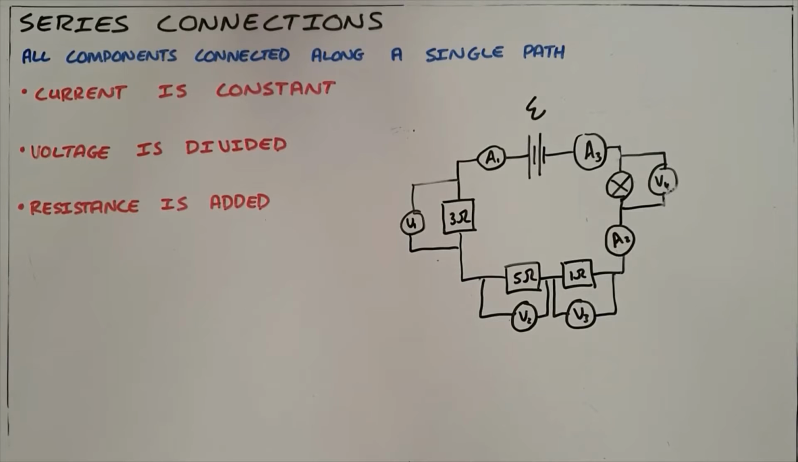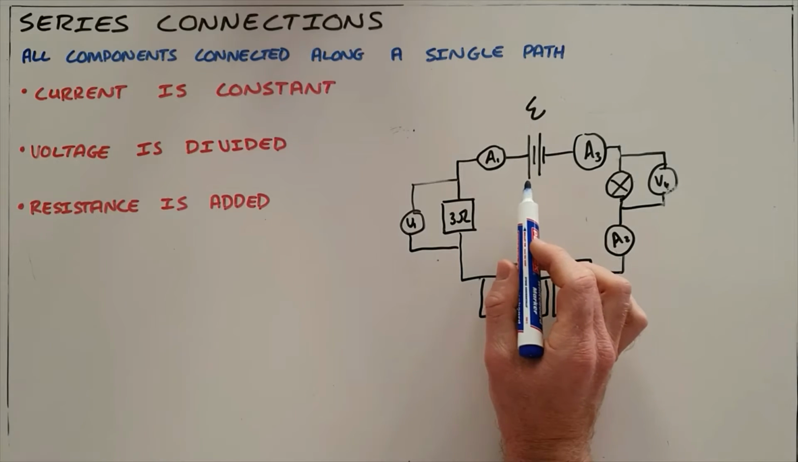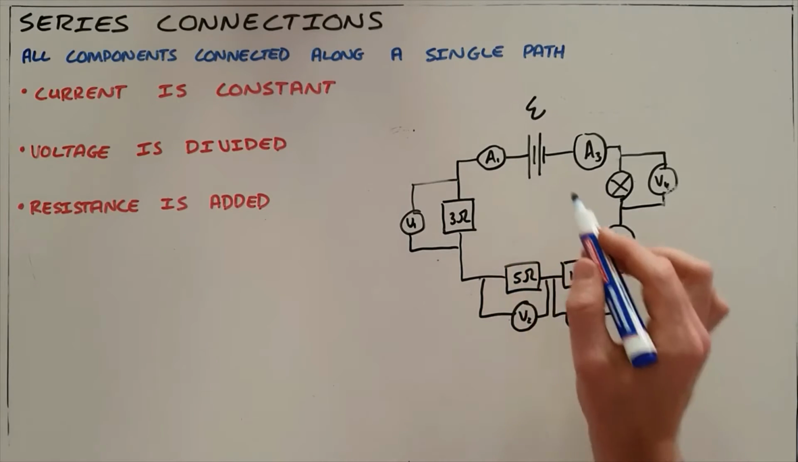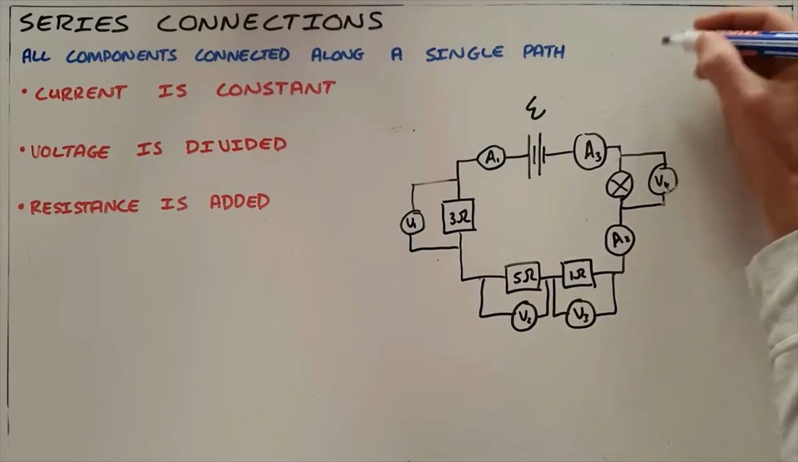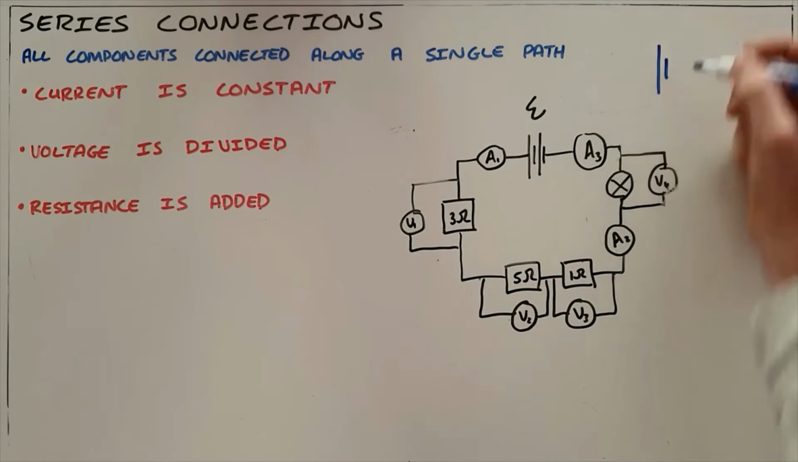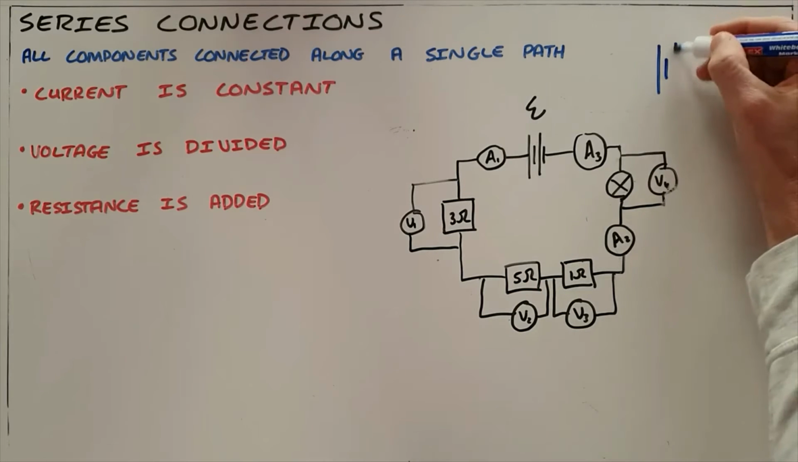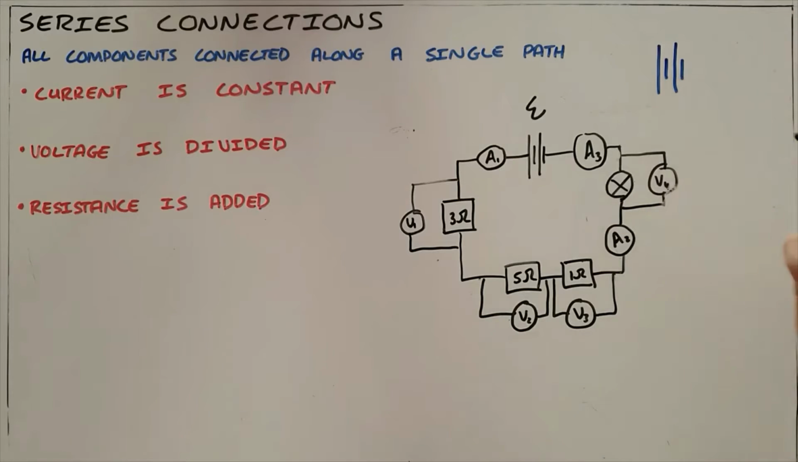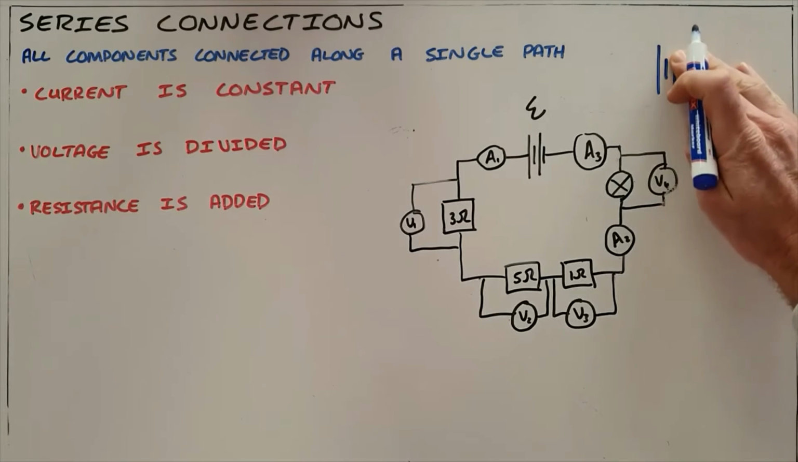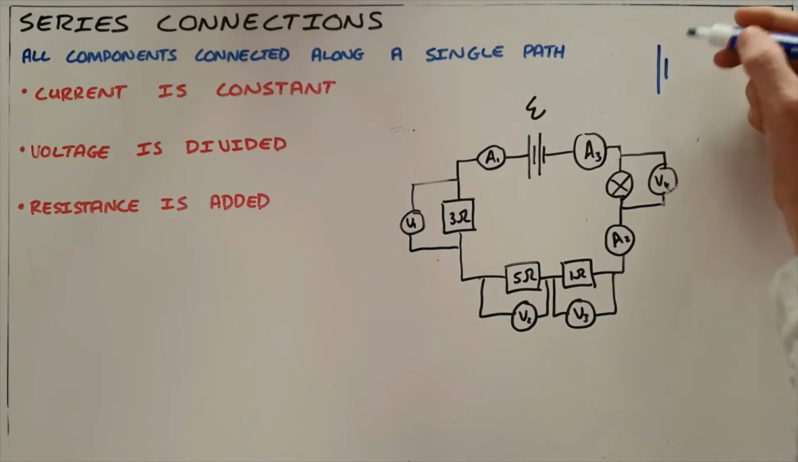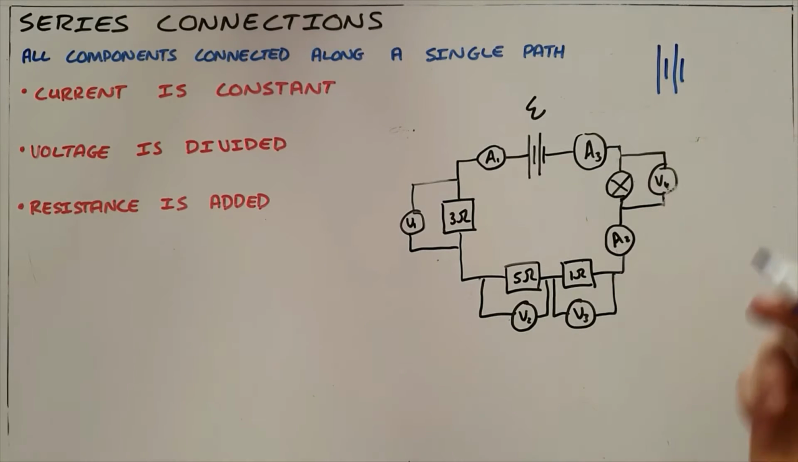A series connection is one in which all components are connected along a single path. So in this example over here, we have a battery. Please note the difference here. We know that this is the symbol for a cell, and a battery is more than one cell. So if you have a circuit in which that is drawn, that is a cell, and then multiple cells make